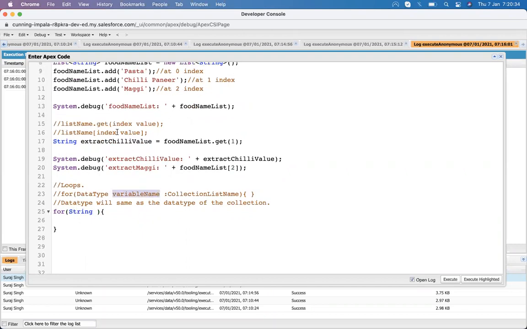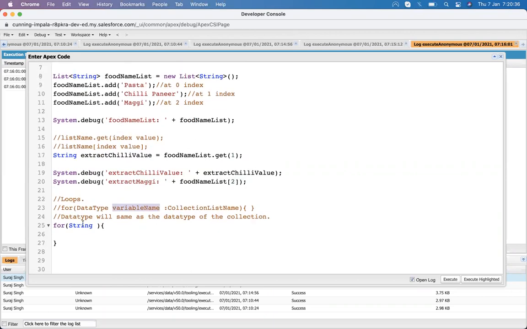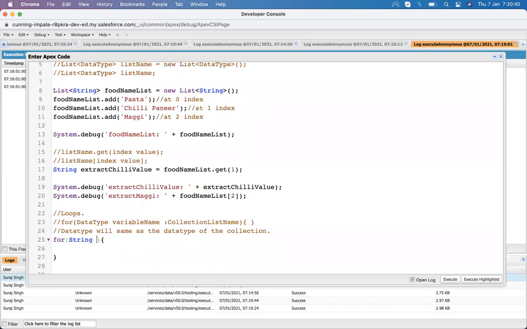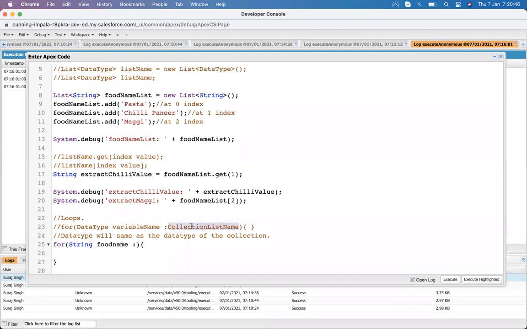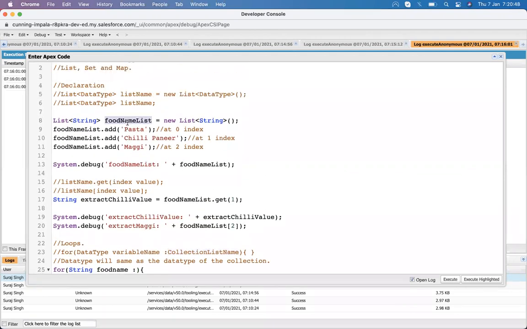The variable name could be anything. Because we are working with the food name list, I just put foodName as the variable. After that, I put a colon, and then the collection list name, which is food name list.